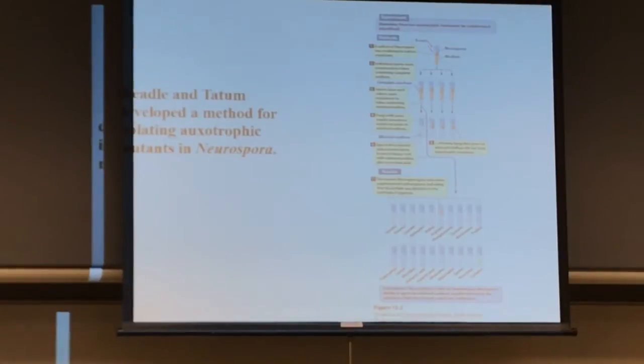Now, one of them is not growing. This one, which was transferred, is not growing. But these three transferred onto minimal media are growing. So basically, only this Neurospora is mutated. It's not growing here. Now they go back here, they take one more sample, and they add it to these